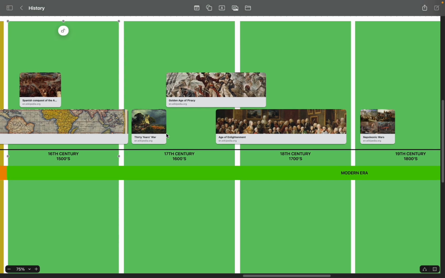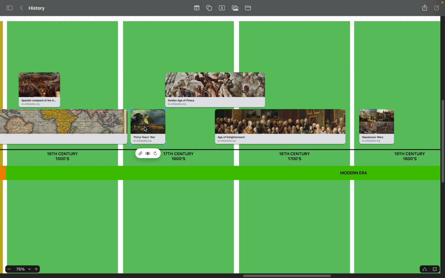Let's move on. So 17th century, we have the Thirty Years' War, which is this major war that happens in, what's it called, in Europe, in Central Europe, basically. A lot of deaths. It happens because of the Protestant Reformation, if I remember correctly, and it is a division between the Habsburgs and Catholicism and Protestantism, where different European nations are allying with each other through détente and fighting each other.